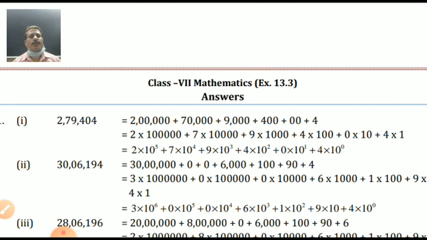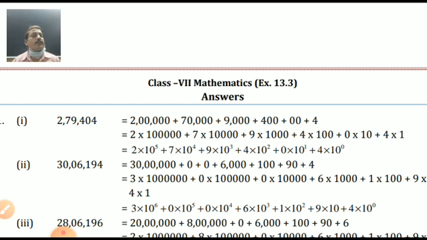Yes, 4 only. Second, 2 tens, 2 numbers. 0 is always 2, 0, 3, 0, whatever the numbers, 1, 0 is enough. 4, that means 400. 9 place, 1000 place, that's 9,000. 7 to 70,000 and 2 to 2 lakh. In place of 2 lakh, I can write 2 into lakh. In place of 70,000, can I write 7 into 10,000? Why not? 70,000 is already there.